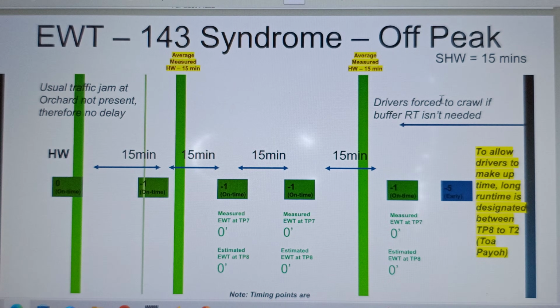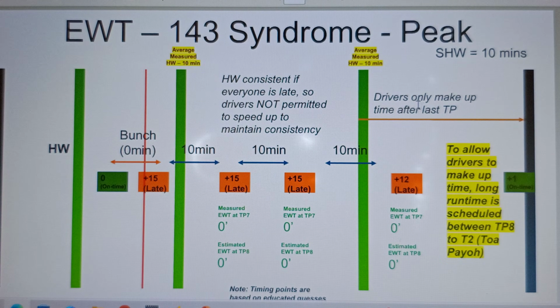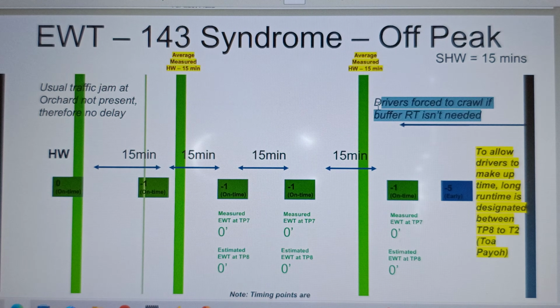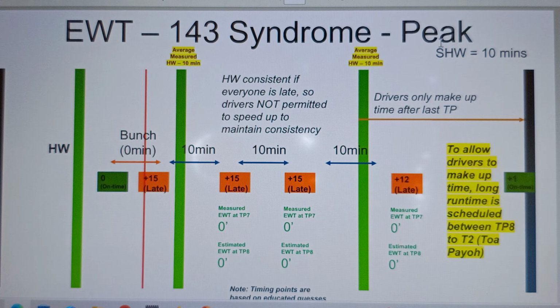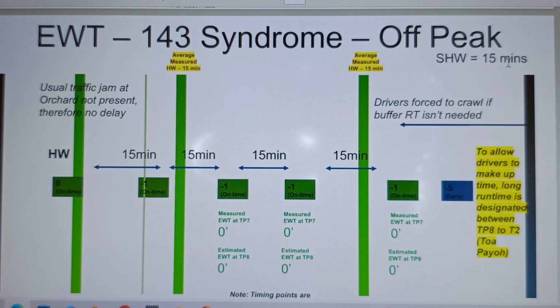So yeah, again, this is the same thing. The only difference is that over here, your buffer is adequate. Over here, you have too much buffer and it's not really needed. Why? Because it's off peak. This is just scheduled headway, 10 minutes, 15 minutes. It doesn't matter, but this is just trying to say that regardless of your headway, because again, EWT, OTA,